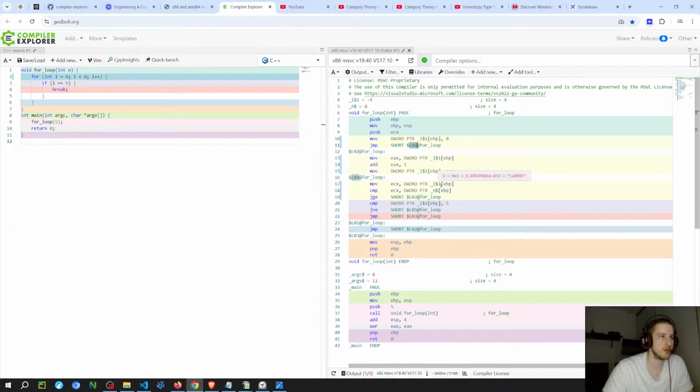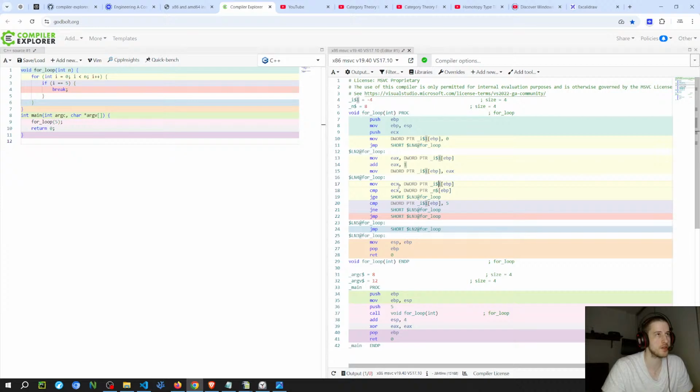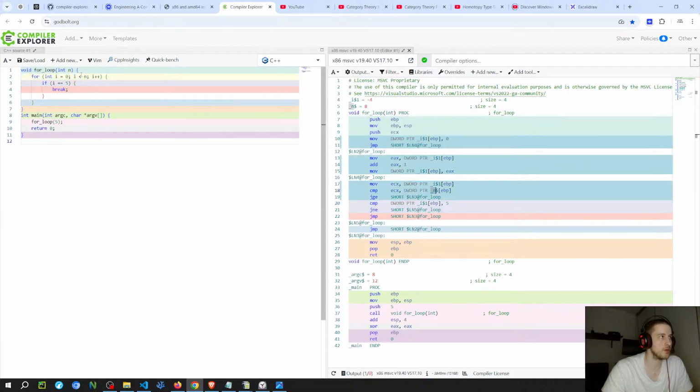Then it's moving the value of I. This is a pattern that I've seen in another example, which is kind of weird, and I still don't understand very well why it does this, but I assume it has something to do with the compiler. It has to be some kind of heuristic in the compiler. It's pushing the register on the stack, and then it's moving the value into the register again. So it feels kind of redundant. But this should have 0, which is the initial value of I. So ECX should have the initial value of I, and it's going to compare this with n, which is the condition here in the middle.